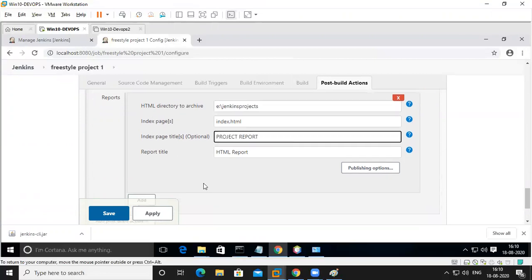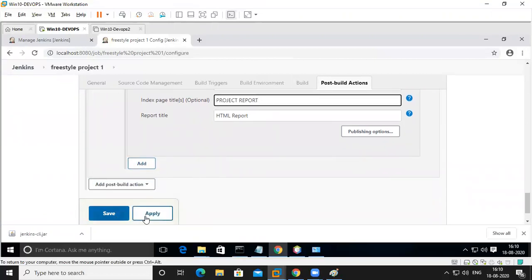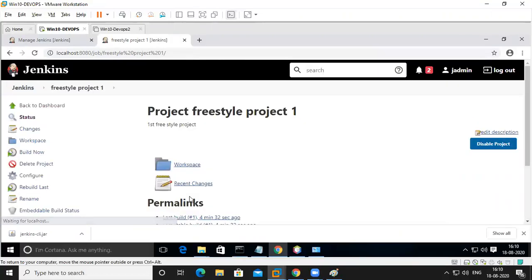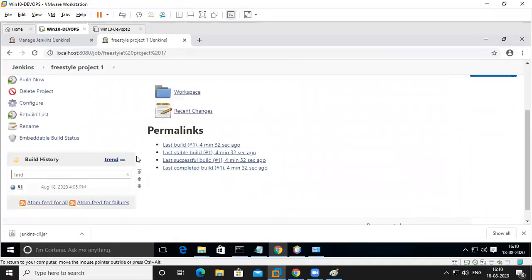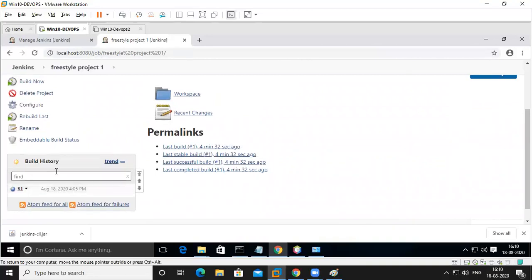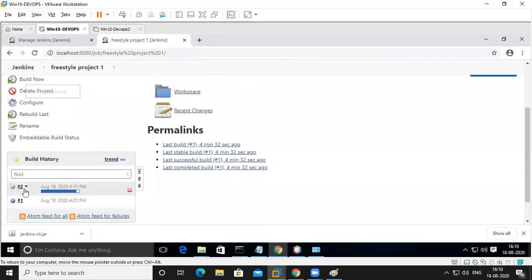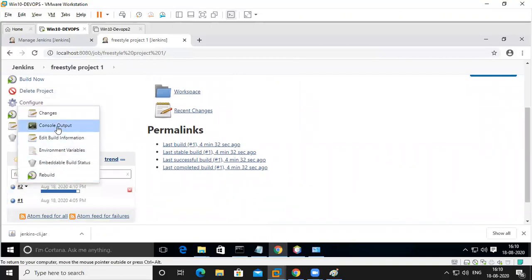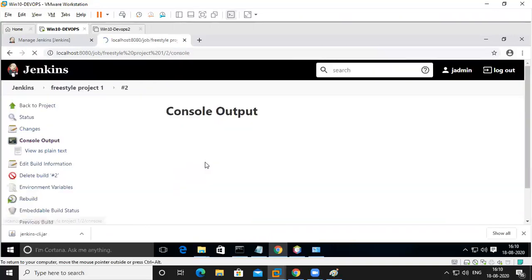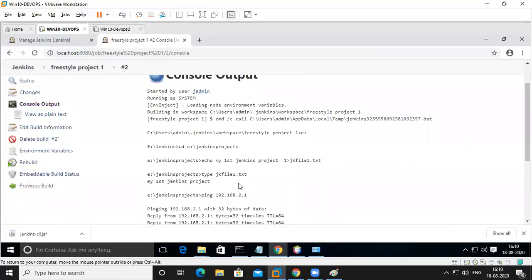We'll see what will happen. Okay, save means apply and save. Now again build now. So already one build is there. Can you see already one build is there? Again a new build. It is the second build. You can see the console output while it is going on.